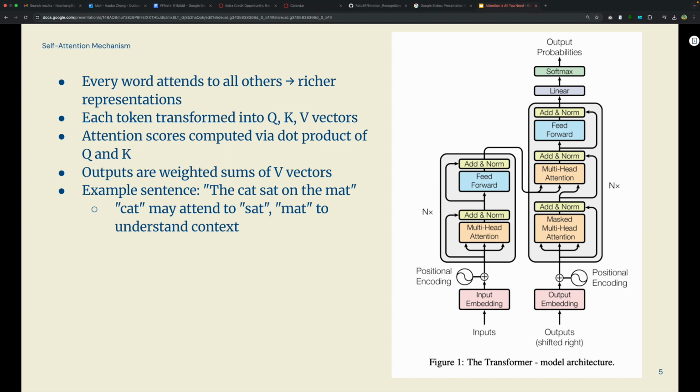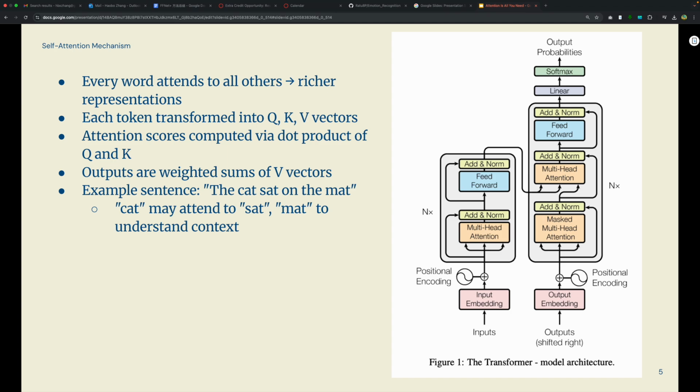At the keystone of the transformer lies the concept of self-attention, a mechanism that allows each token in a sequence to directly interact with all other tokens, regardless of their position. This enables the model to capture contextual relationships with much greater flexibility and precision than traditional architectures. The process begins by projecting each input token into three different vectors: a query, a key,